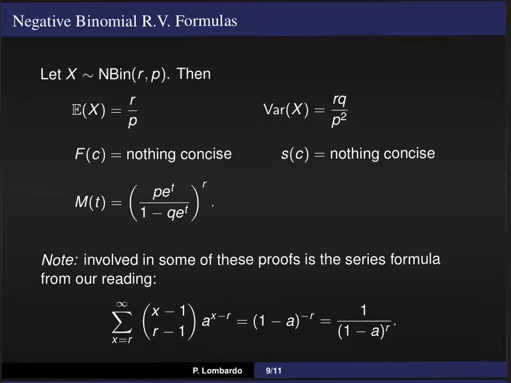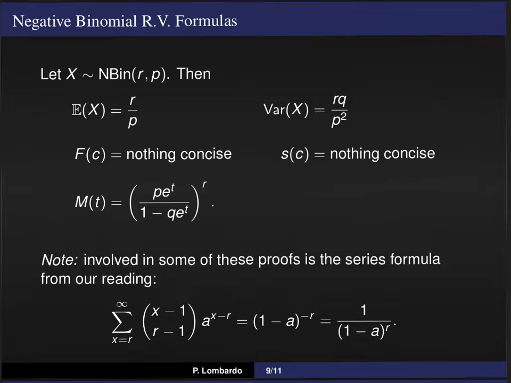Notice the similarity, though, in the expected value, the variance, and the moment generating function. So for the expected value for the geometric, you just have a 1 over p. In the negative binomial case, you have r over p. The variance for your geometric is just q over p squared. For the negative binomial, you have r times q over p squared. Right? So basically, you're just multiplying the geometric random variable expectation and variances by r to get the associated one